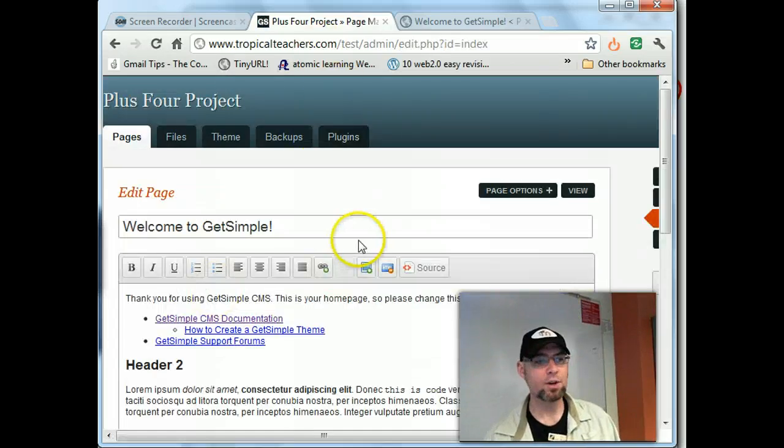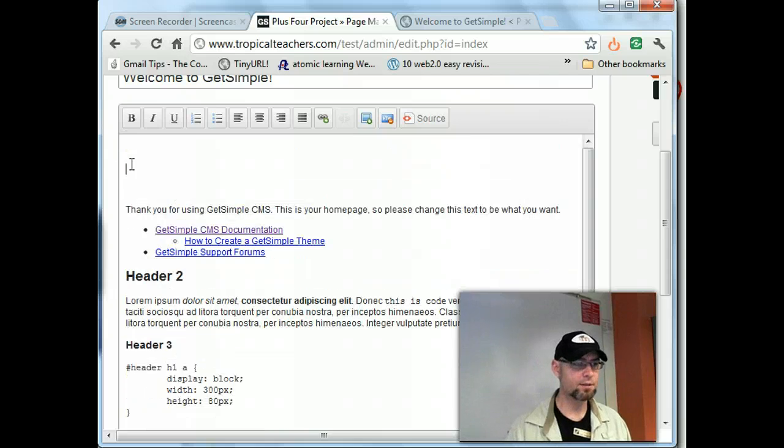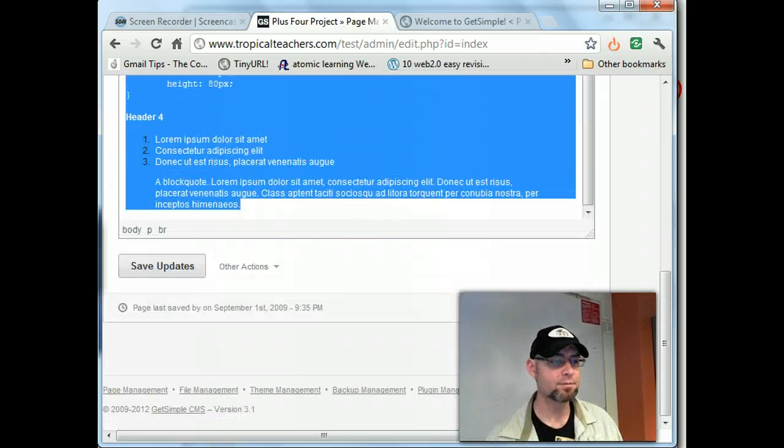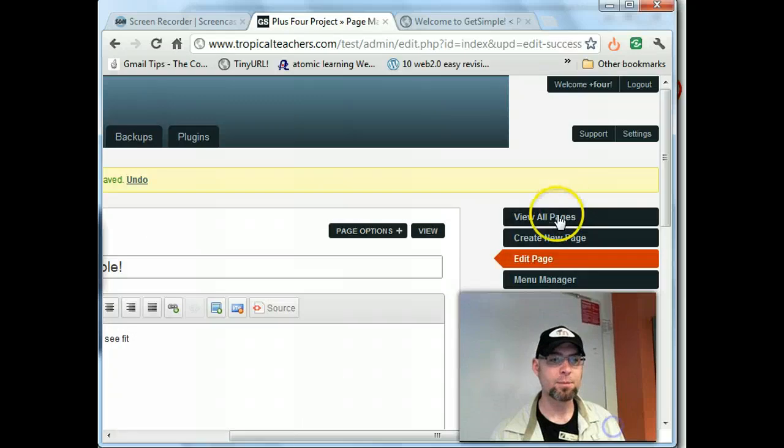Notice I'm now in an editor. And I say, well, you know what? I don't know about any of this. I don't care about any of this. But I'll leave it there. Read this stuff later. Welcome to GetSimple. Edit as you see fit. I could take this, cut it all, Control X, save the updates,